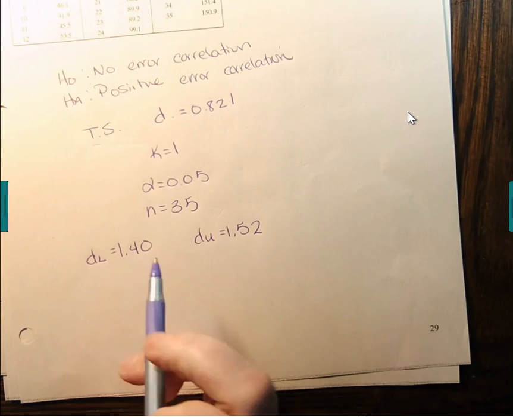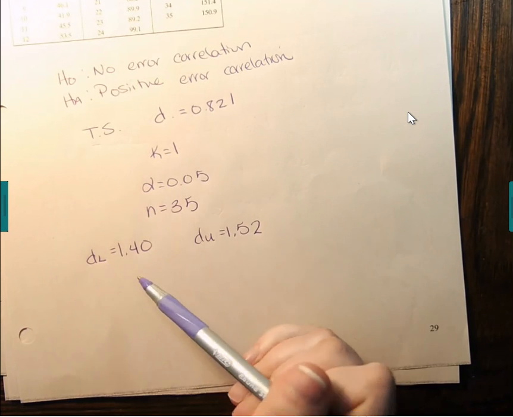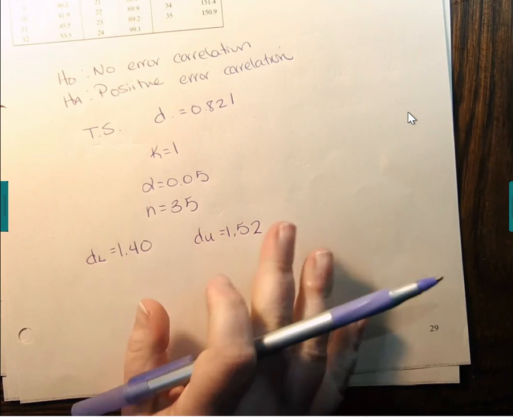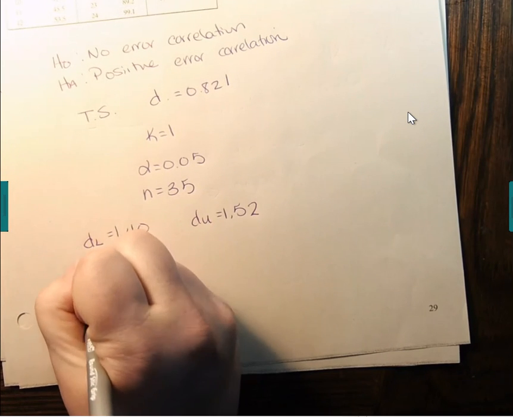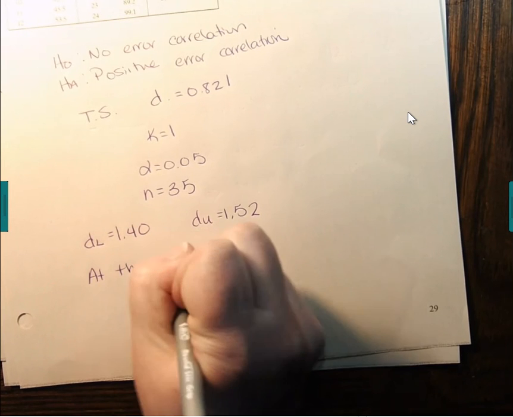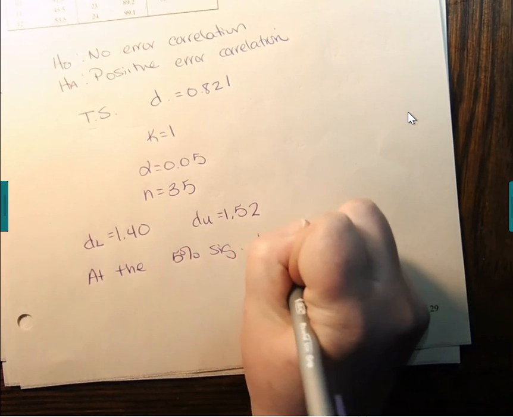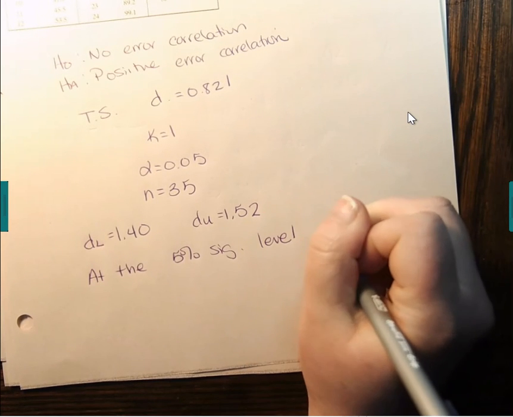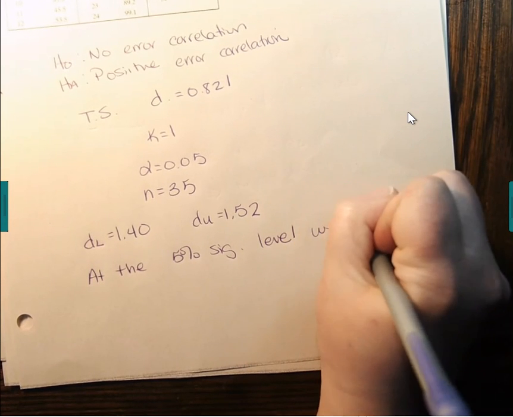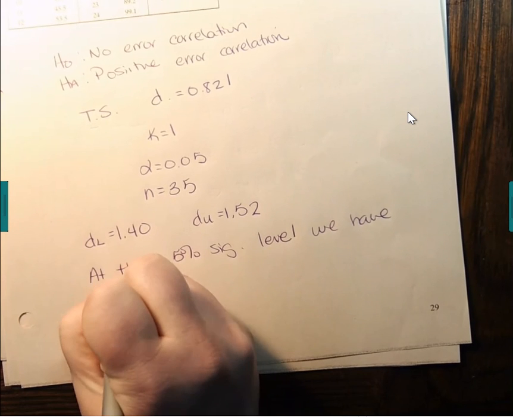Notice that my D falls below the lower bound, so we are going to be able to reject in this case. So at the 5% significance level, sorry if you can hear my dog squeaking his dog toy in the background,